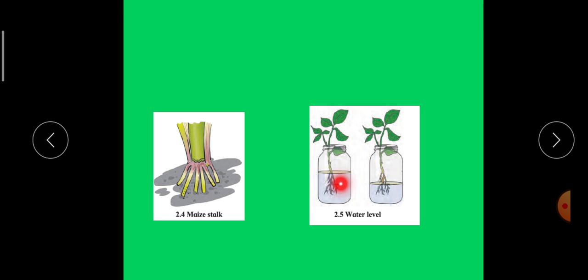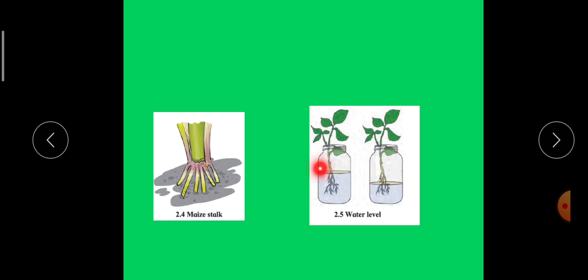Now as you can see here in this experiment, you have to take some water in a glass jar, put a plantlet in it in such a way that its roots are dipped in the water, mark the water level on the jar and add 5 ml of oil to the water and record the water level on the next day. This is on the first day, this is on the next day. So immediately your observation will be the water level has decreased and we have added oil on the water.